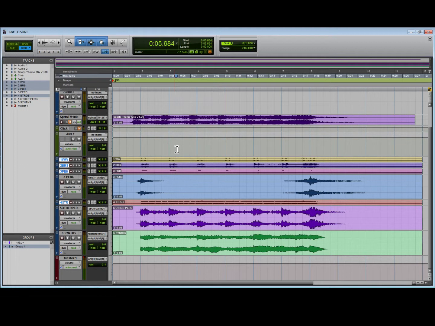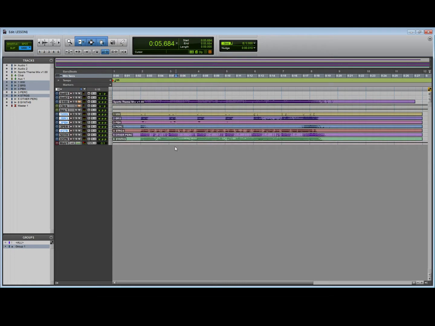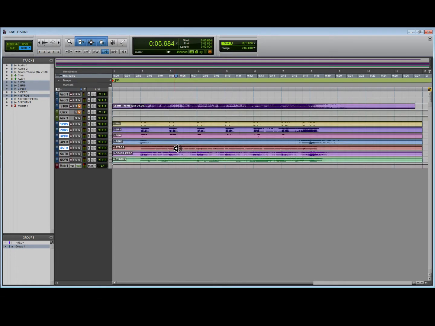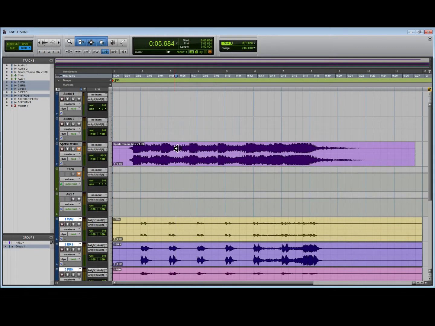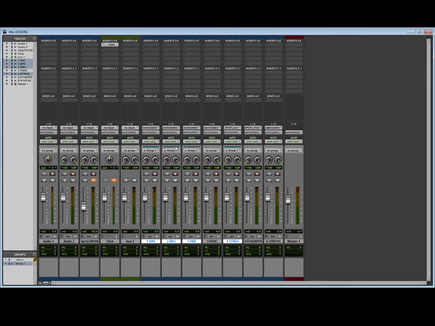Or we can do everything all at once, and we do that by adding the Alt key. So we'll hit the Windows key, the Alt key, and the down key. And now we can shrink all the tracks together all at once, or magnify all the tracks all at once by the same thing, right? Windows, Alt, up and down key. Very, very valuable shortcut. So let's head over to our mix window again,